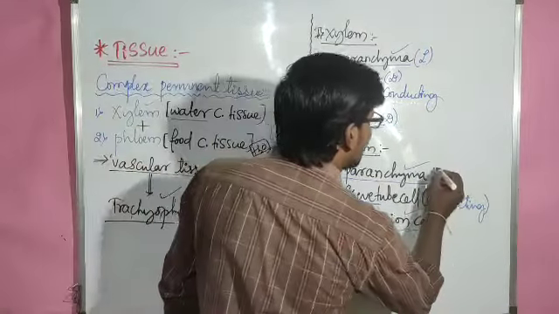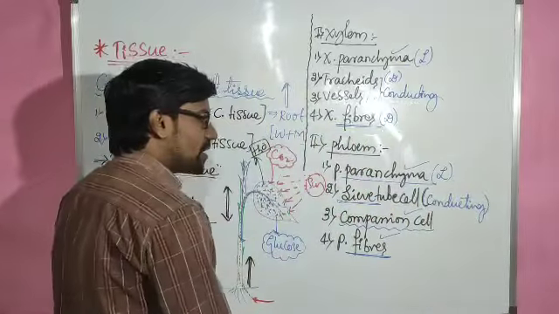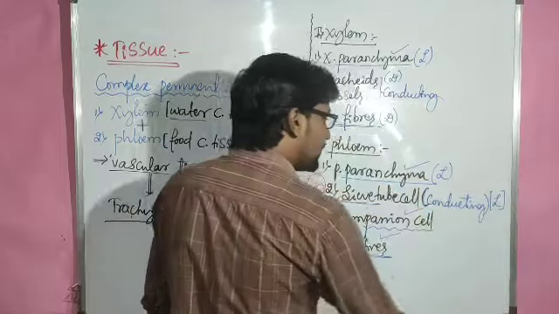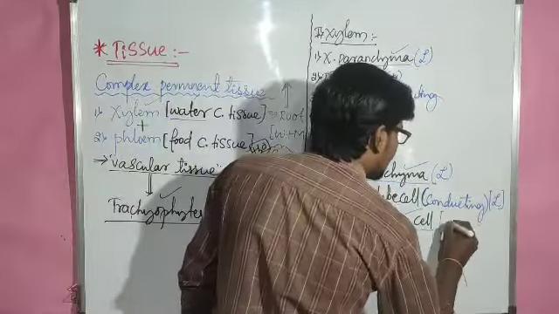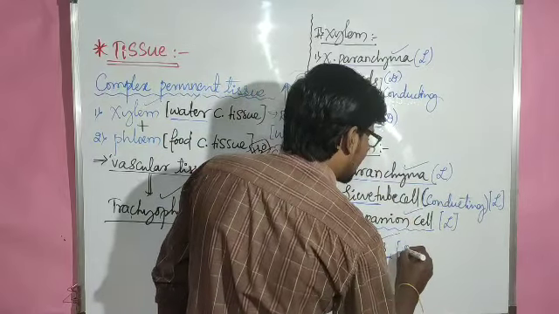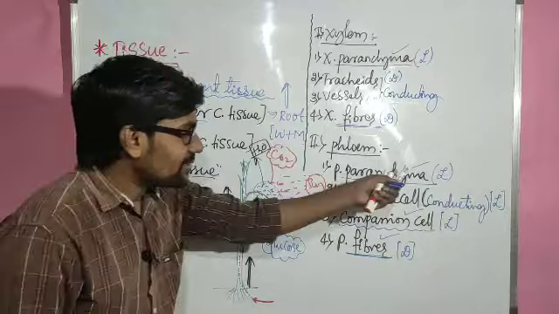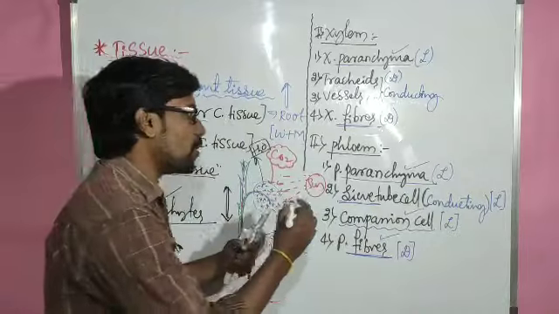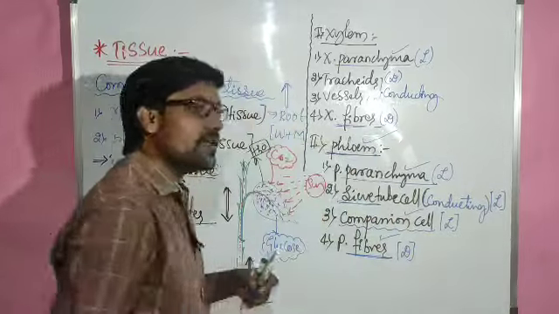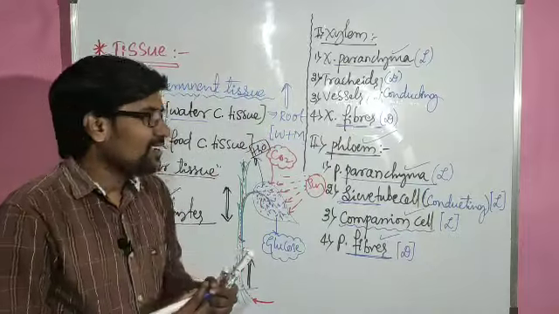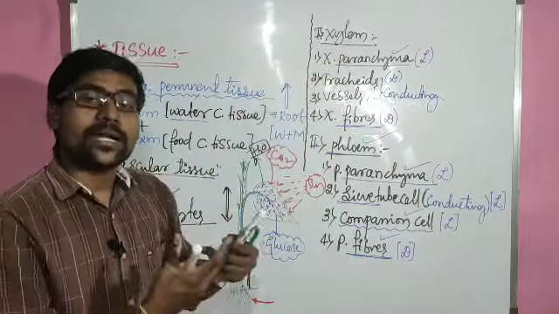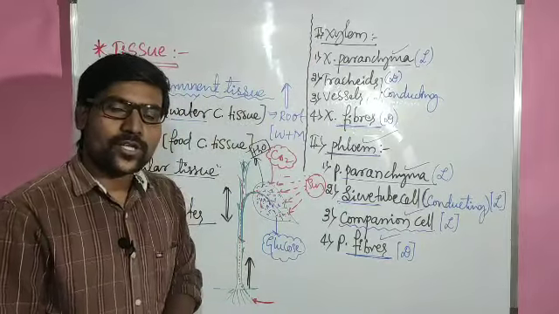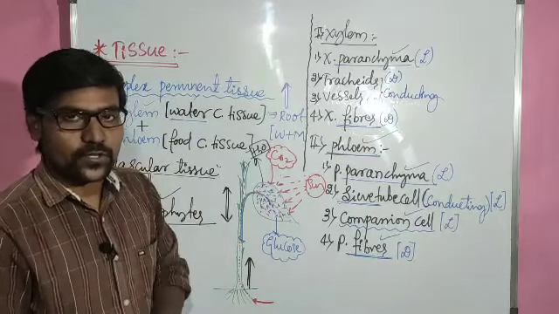And here is the slight difference. As usual this parenchyma is in the living condition, sieve tube cells are living, companion cells are living, and fibers are in the dead condition. That means 3 components are living and 1 component is dead, so the majority of components are living. Because of that we consider phloem a living tissue, as compared to xylem, which we usually consider a dead tissue when it matures. So we have xylem and phloem moving together, and their work is the conduction of water and food majorly.